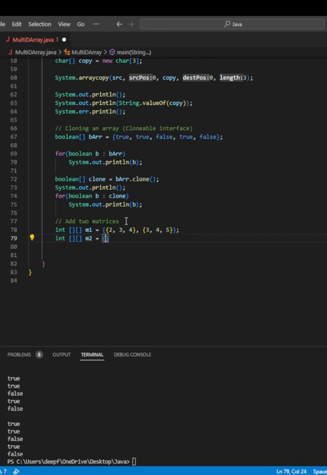Let's do 1, 3, and 3, and then we'll do 1, 1, 1. We're going to create one to hold the result from the addition, the sum of the two matrices. It's gonna be a 2 by 3. It's gonna be 2 rows, 3 columns, because we're working with